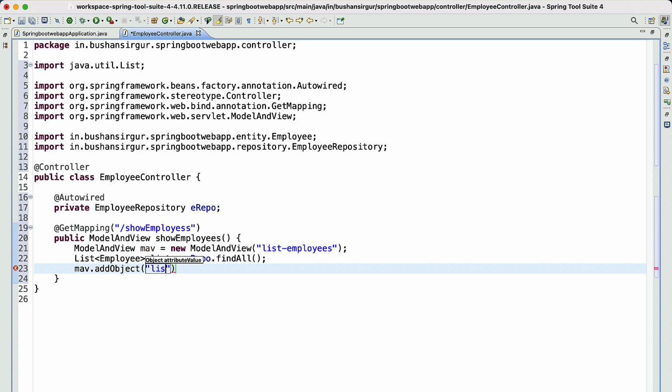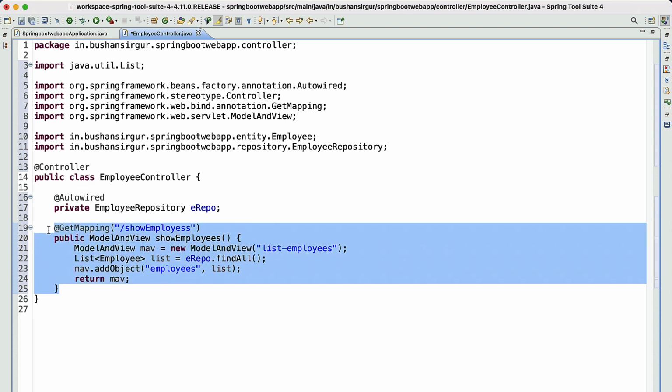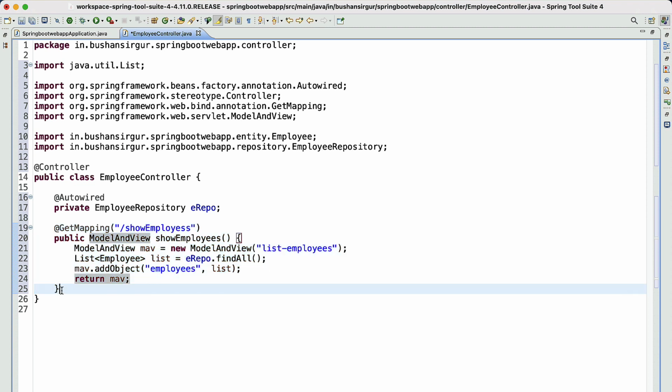The key, let's call this employees, and the value, the list of employees. And we will return the ModelAndView. Okay, now we have created the handler method. Let's save this.